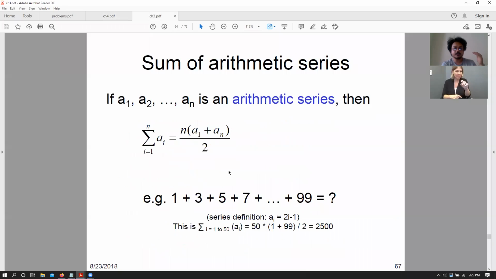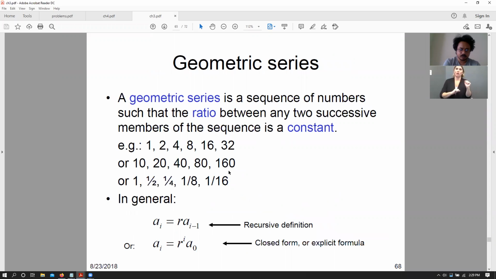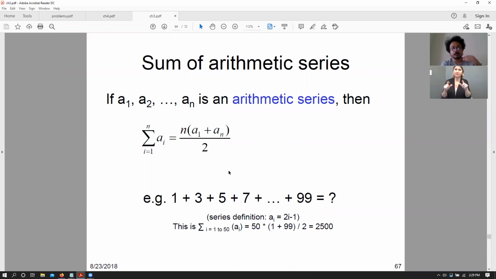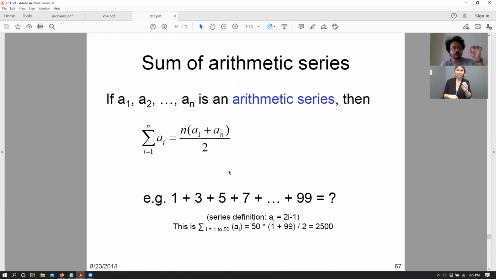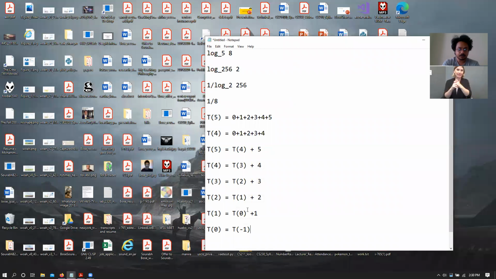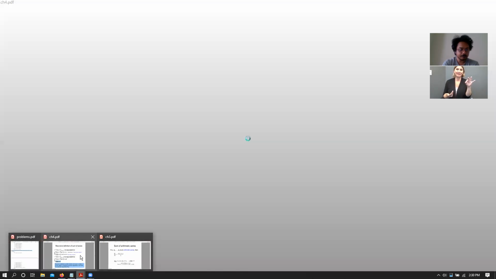So in that case, if we just follow the complexity analysis for all n, let's see, yes, so 2 raised to the power of i, 3 raised to the power of i is going to be, since the constant value is greater than 2, in that situation, it is going to be 2 to the power of 0 plus 2 to the power of 1 plus 2 to the power of 2 plus 2 to the power of 3 and so on till 2 to the power of n, where n can go to infinity. So limit of that is what? Matt, any guesses? Can anyone guess what is going to be the complexity of a to the power of i?